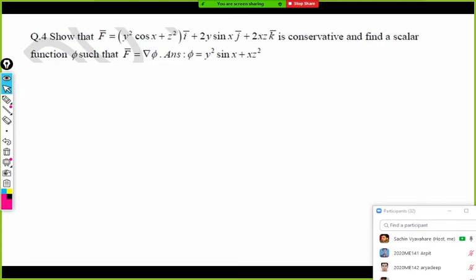Okay, now this question number 3, 4, 5, and 6, they are exactly the same questions. Remember, they are one of the most important questions, because this type of question you will find in each and every question paper for 5 marks. I don't know why the same type of question is coming again and again